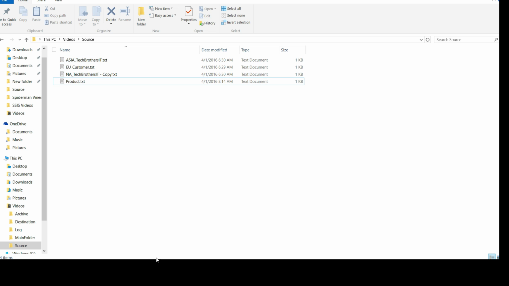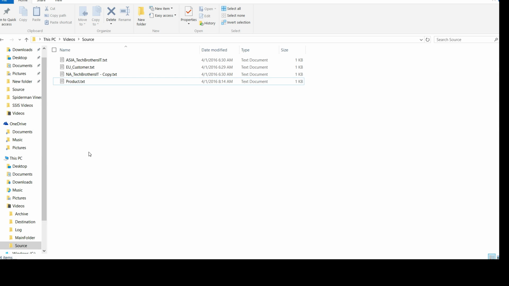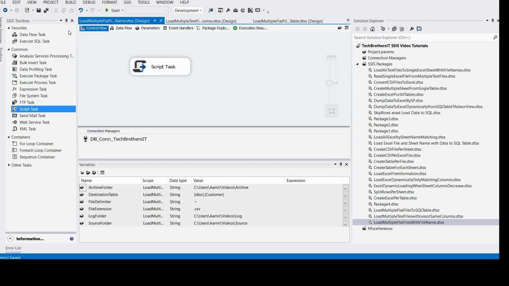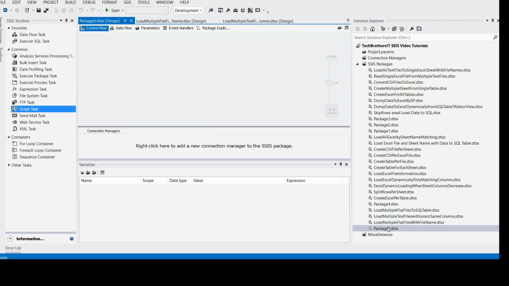Now let's go ahead and create our SSIS package and take a look. First let me show you the tables. We do not have these tables here. These are 3 tables there, but none of them look like these file names. So we are okay with that. Open SSDT, SQL Server Data Tools, go to the SSIS packages, right click, new SSIS package,